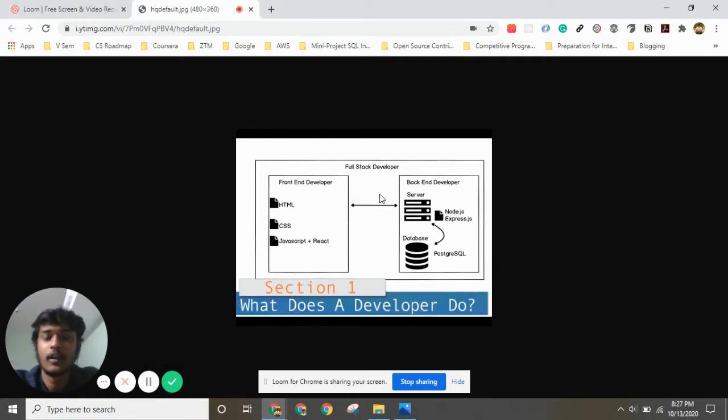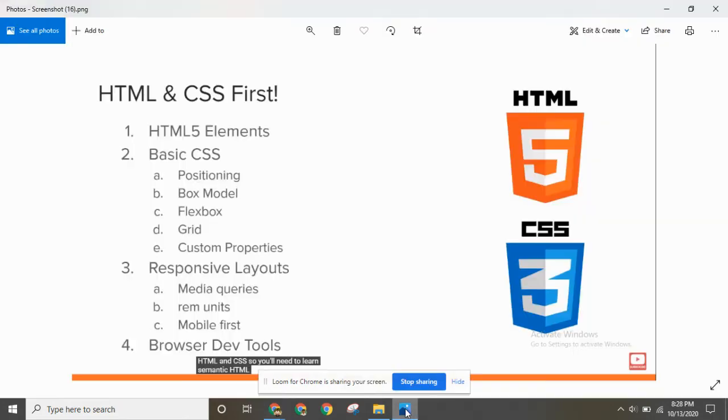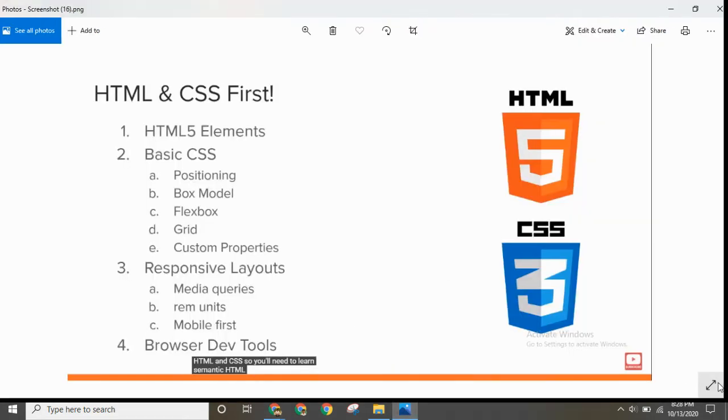Okay, so in front end web development, we have HTML, we have CSS, and JavaScript. And we can learn a framework to have more responsive and creative front end designs. Before learning a framework, the prerequisites are HTML, CSS, and vanilla JavaScript. Let me share what we need to learn from HTML and CSS.